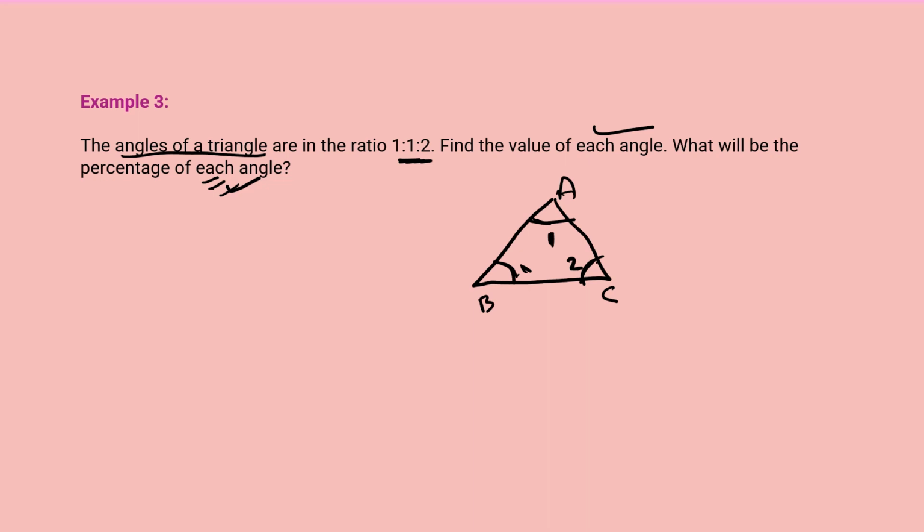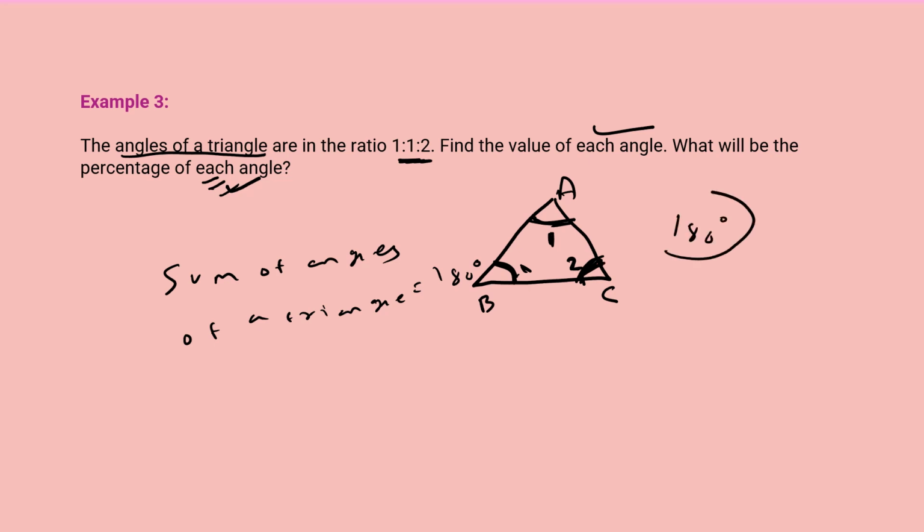So there is a concept here. The sum of angles of a triangle is equal to 180 degrees. हम अगर एक ट्राइंगल के सारे एंगल्स को ऐड करेंगे, तो टोटल 180 डिग्री मिलेगा। अब मैं अगर इसको एक पार्ट, इसको एक पार्ट और इसको दो पार्ट कंसिडर करूं, तो टोटल 1 + 1 + 2 यानी 4 पार्ट्स हो जाएंगे।